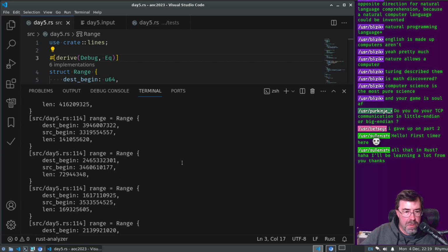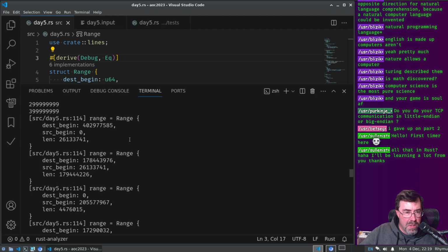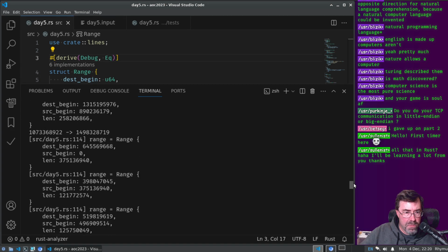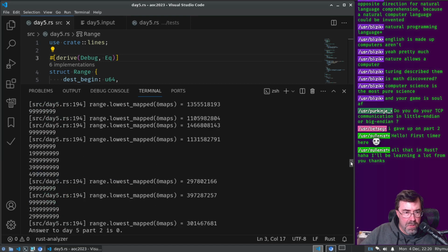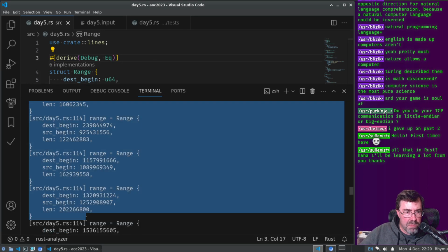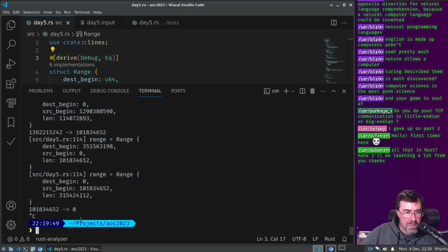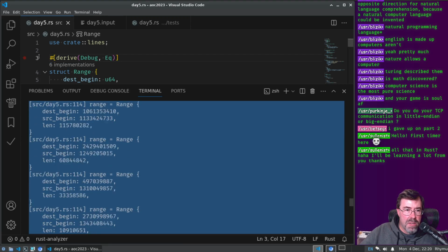Okay. So this is how it walked through the ranges. Source 0 to that, from that to that. Okay, it's too much input to look at. Let me grab it all. Ah, forgot I can't.